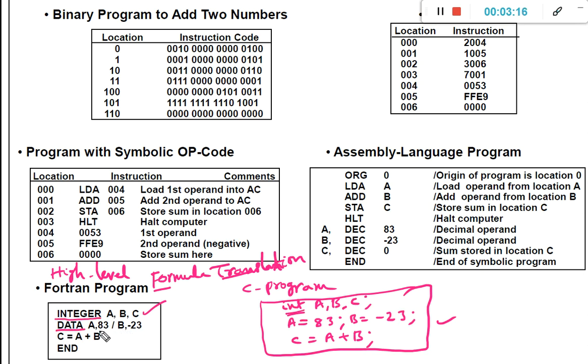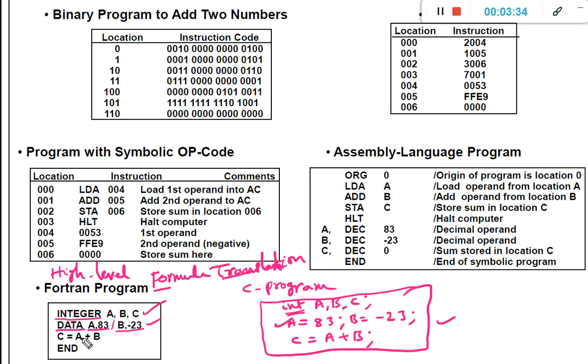Values are assigned using the slash: data a, 83, and you can separate several values with a forward slash, and then b, minus 23. So this line is equivalent to this line.